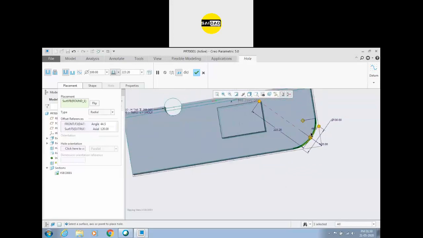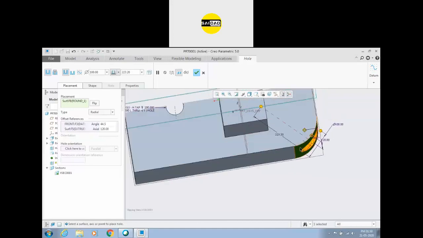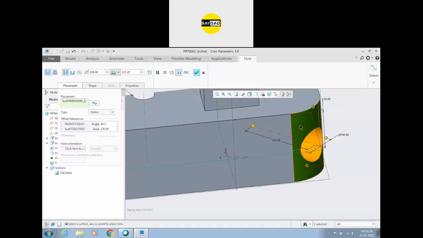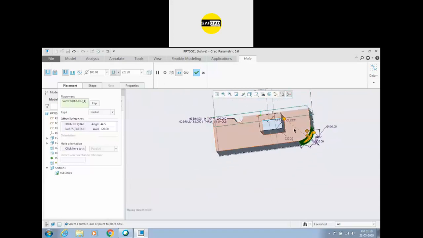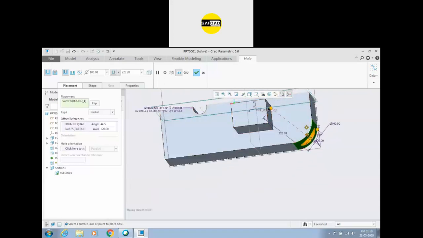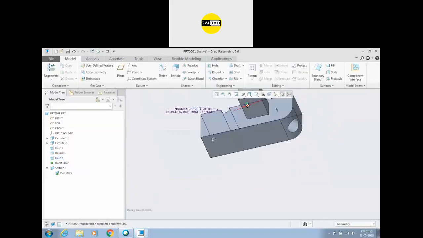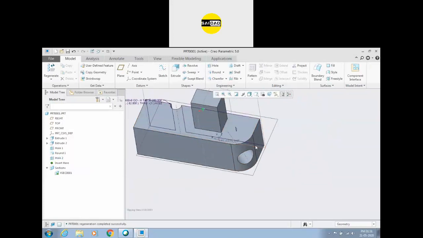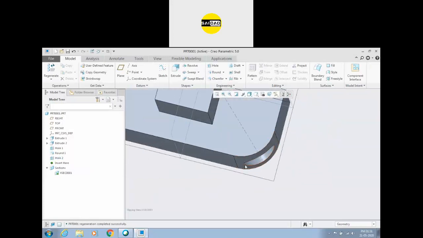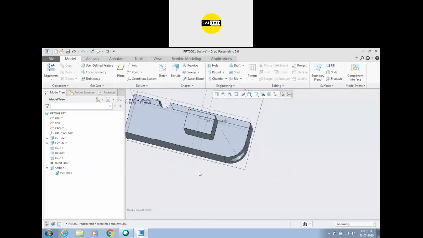the orientation of the hole will be around the center of that face. If you see this face, this circular face has the center here, and this hole will go through that center. If you click OK, the hole will be created like this. But if you don't want to create it around the center, if you want that hole to be created from here to this side, you can change the orientation from there.